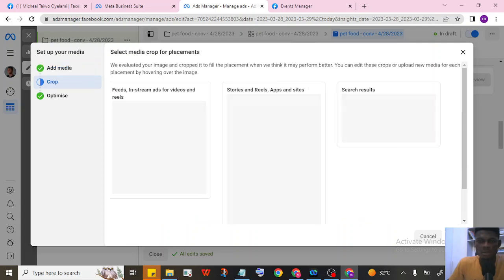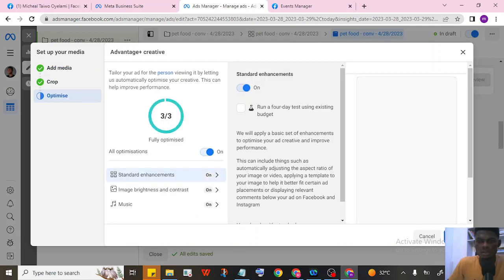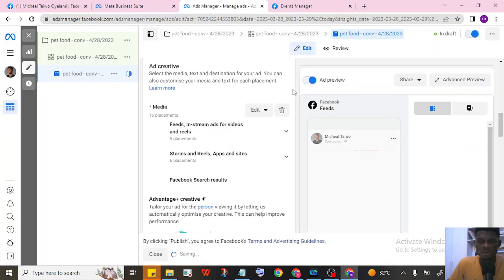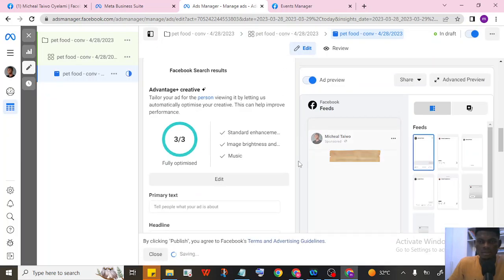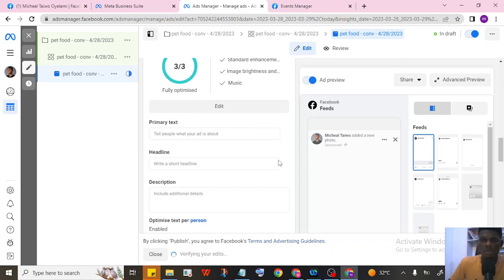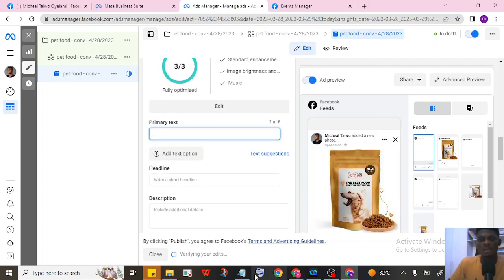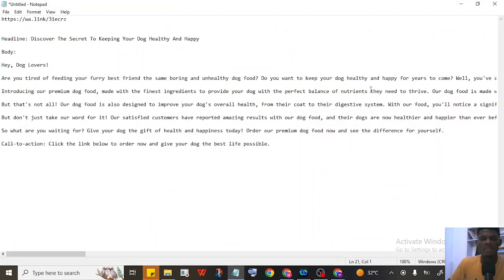So if we go next, now let's copy our primary text. Our primary text, this is one of the aspects I really want to pay attention to,